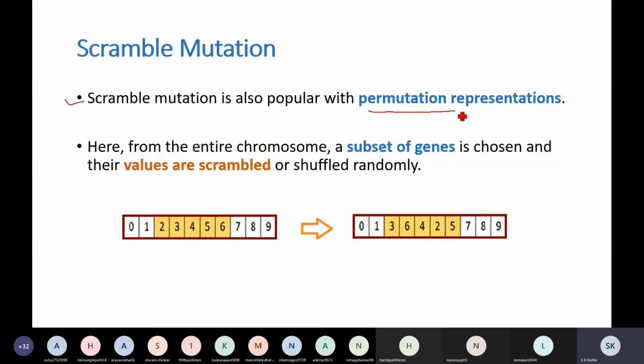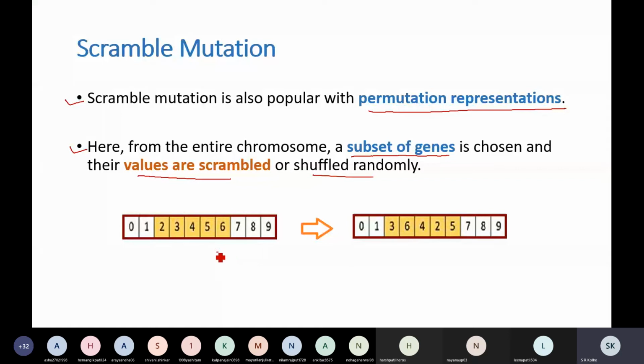Therefore, this also can be used with permutation representation. So what we do here, from the entire chromosome, a subset of genes is chosen and their values are scrambled. Scrambling means shuffled. So you are not going to repeat the value, therefore it can be used with permutation representation.